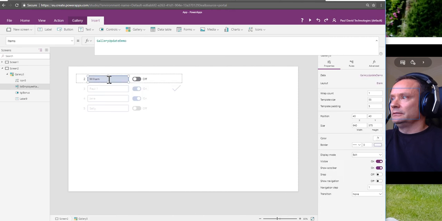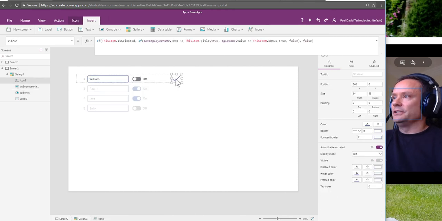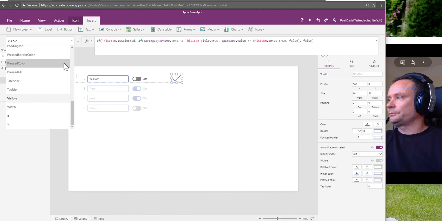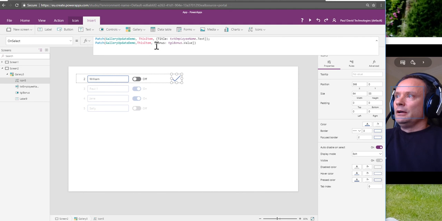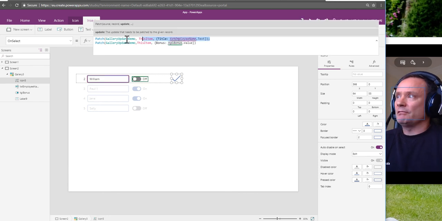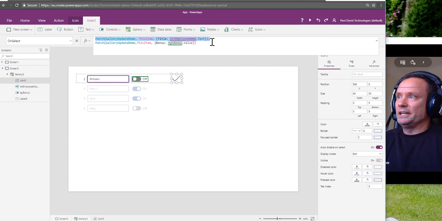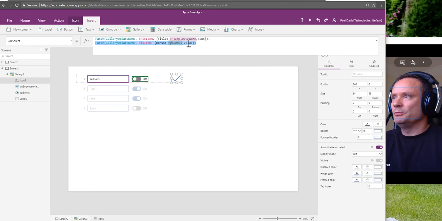Okay, so let's just get our tick to show on here again, and I'm going to go to my on select, because what we can see now very clearly is every time we run a patch, we're also doing a refresh of the data. So in the background, we may be doing this patch and a refresh, and then this patch and a refresh, and it seems to happen all asynchronously, so it might not be too much of an issue, but